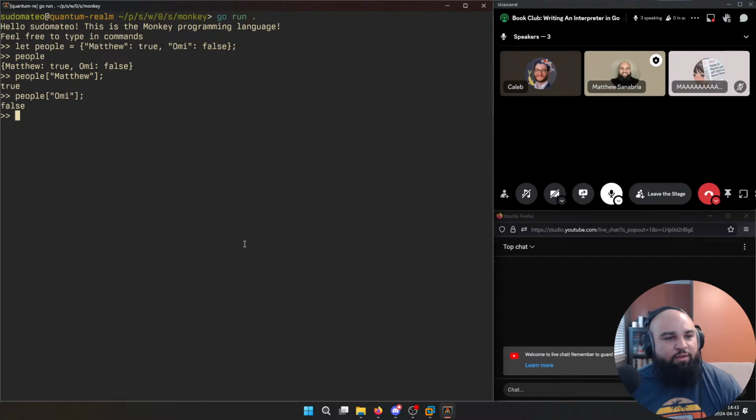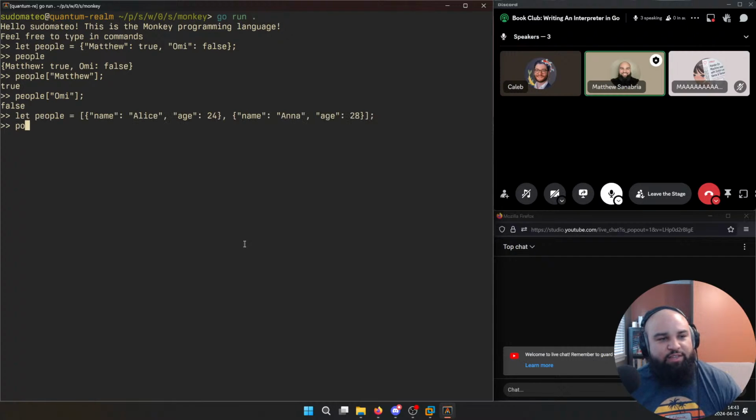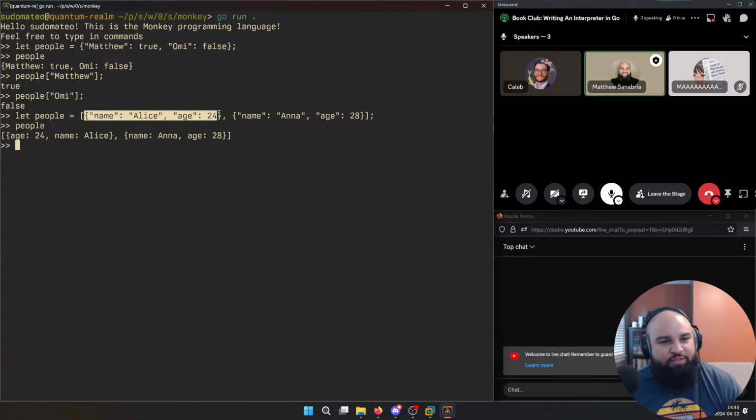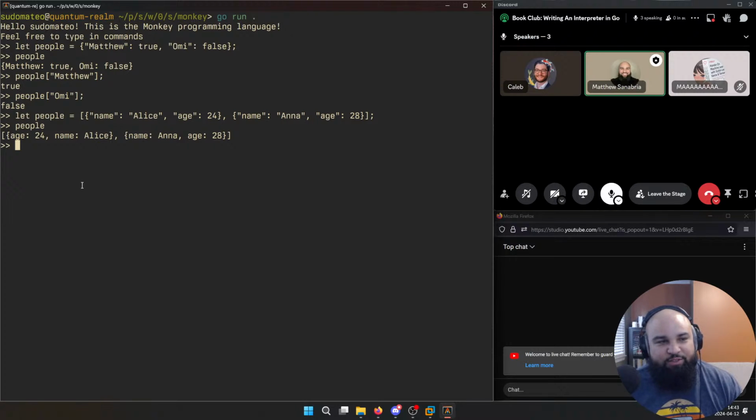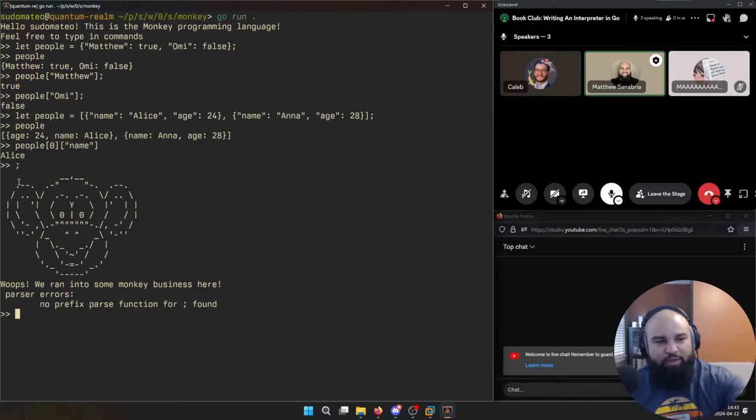He does this case and he says print out people. And notice how this is an array of hash maps. So there's nested types, and it works because everything we've built so far works. I thought this was kind of magical. So you can do people 0, which is the first hash map, and then name, and you'll get Alice. Sorry, I meant to put that semicolon, but it's fine. So it was pretty cool.